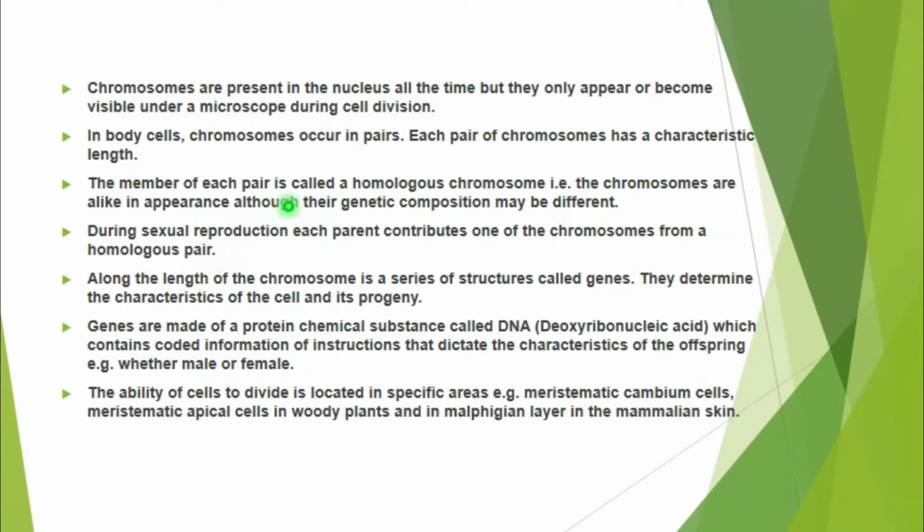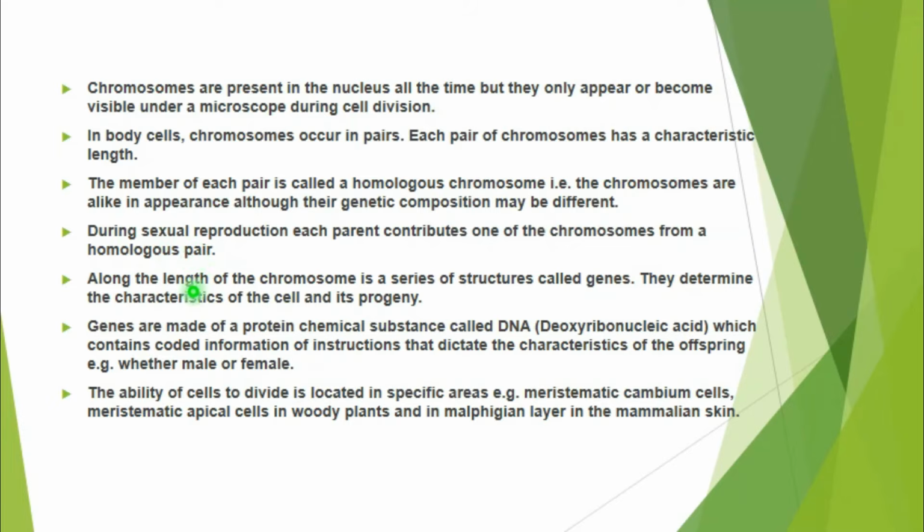So XX will lead to a girl. If the sperm gives a Y chromosome and the ovum gives an X chromosome, XY will lead to a boy. So that is what we mean when we say that during sexual reproduction, each parent contributes one of the chromosomes